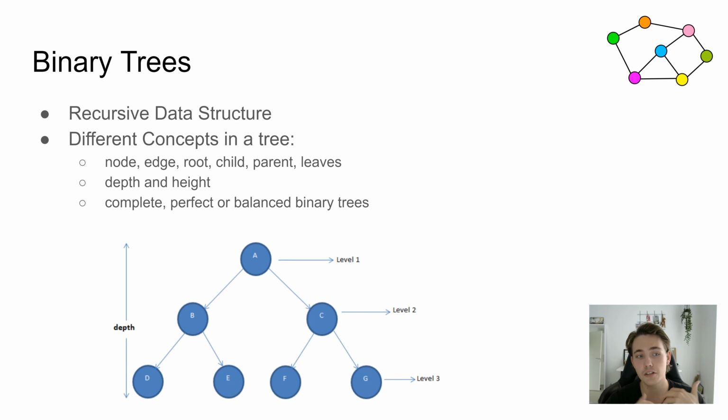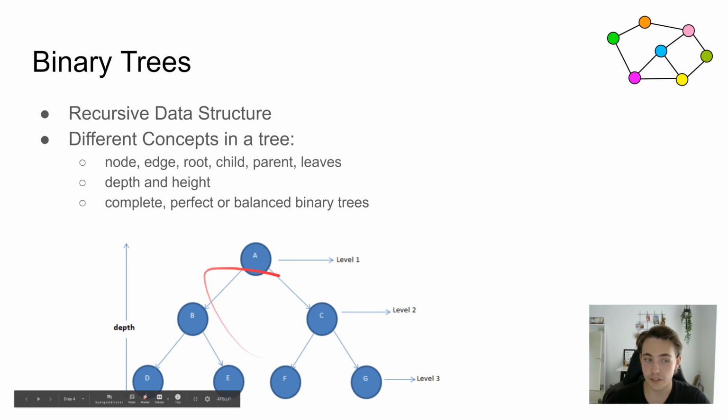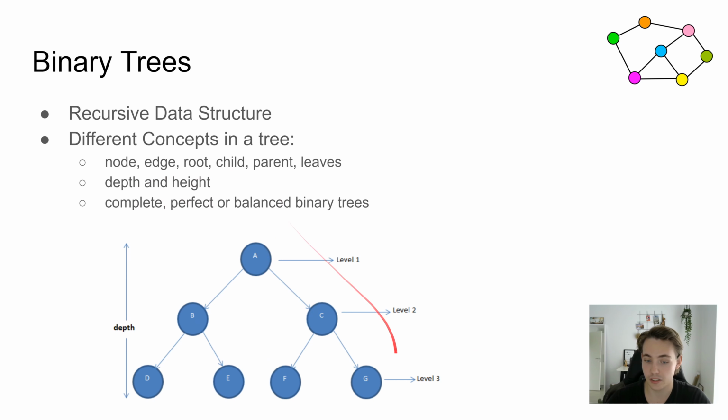A binary tree is also a recursive data structure, and there are different concepts in the tree, as we just talked about. We have the nodes in the tree, the edges connecting the nodes, the root, child, parents, and leaves, and then the depth and the height of the tree. And then our tree can also be complete, perfect, or a balanced binary tree, which we're also going to cover in later videos. But for implementing a priority queue, we're using a complete binary tree,